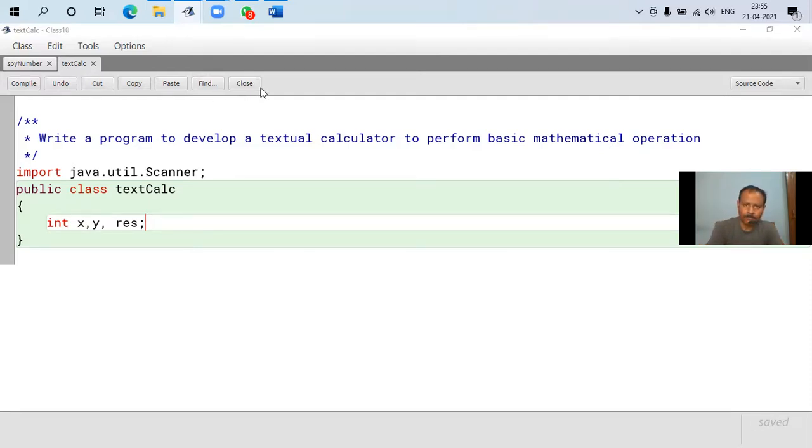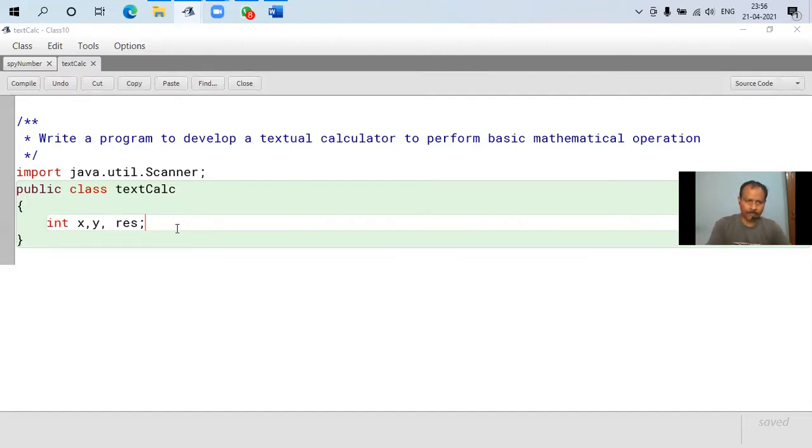Ronak, why did we declare the variables like this now? These variables, which we defined within the class, are accessible to all the methods we are going to declare within the class, or we can say these variables are accessible throughout the class. That's why we defined the variables like this.